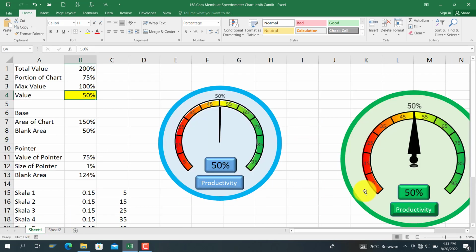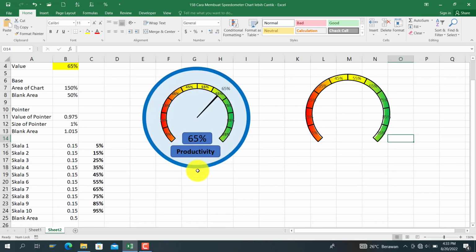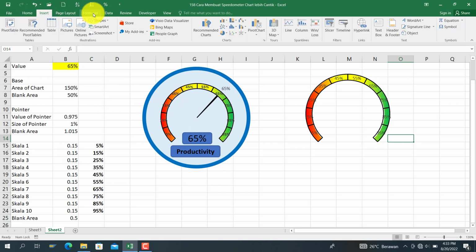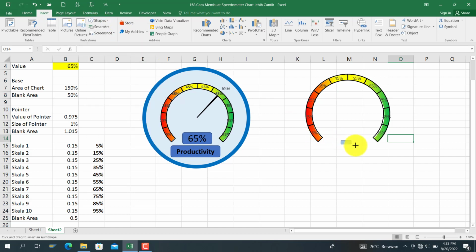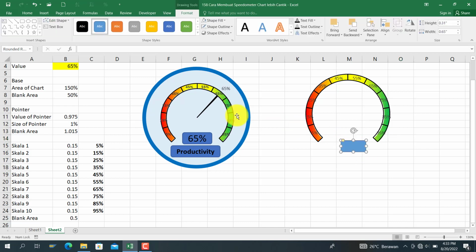After this, you can create the round rectangle here by choosing Insert, Shape, and choose round rectangle. You can change the color into green like this one and just add the reference here. And you can adjust the size